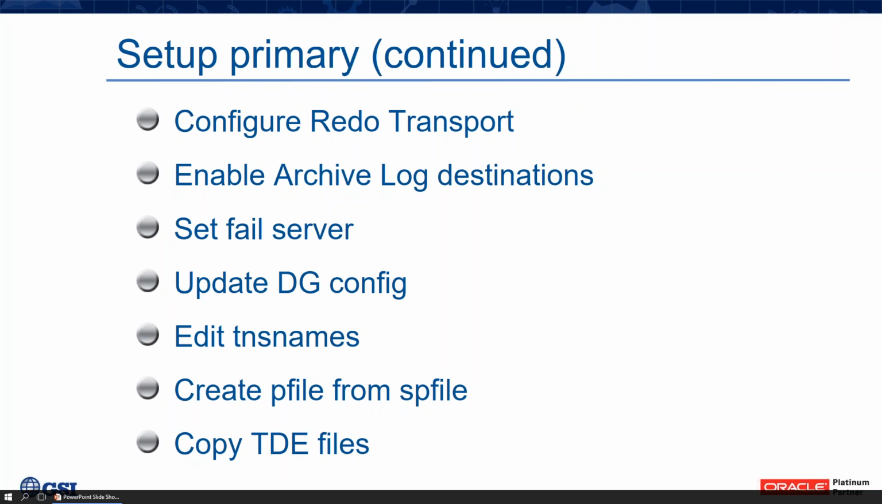Then you have to edit the tnsnames.ora file on the primary database, and you add an entry for your standby database, CDB. Then you copy that tnsnames file in the primary database to the standby database's home. So you want to check the sqlnet.ora and listener.ora files on the primary and make sure all appropriate parameters are on the standby side. Then you're going to create a pfile from the spfile and copy that file over to